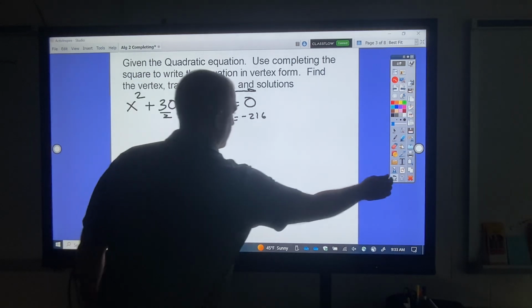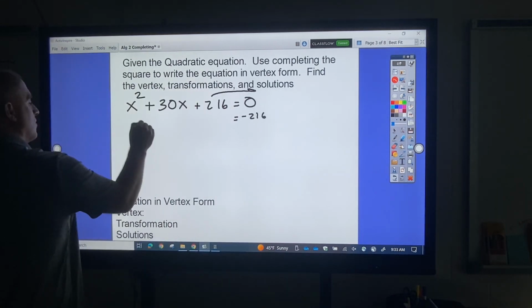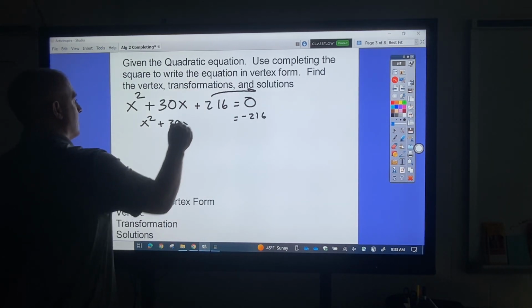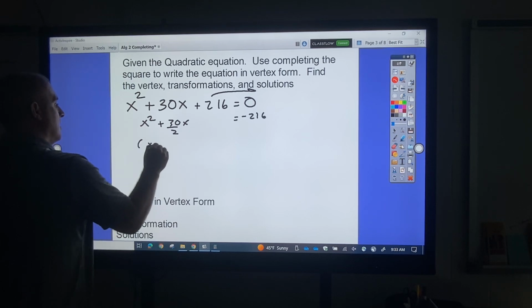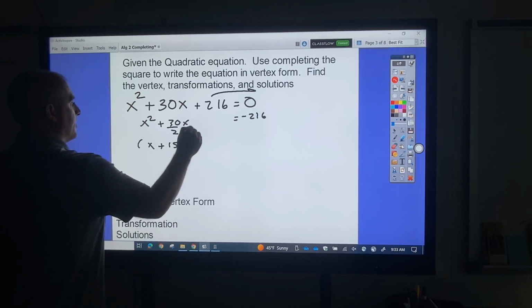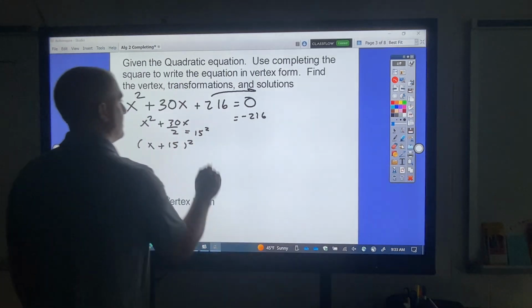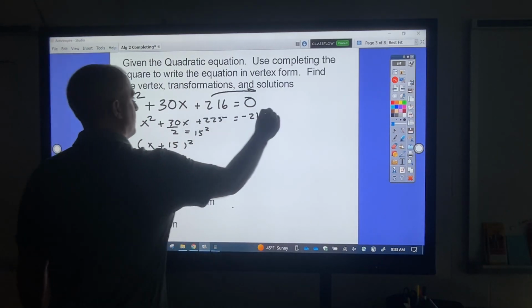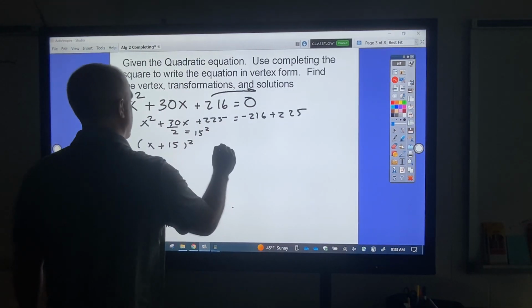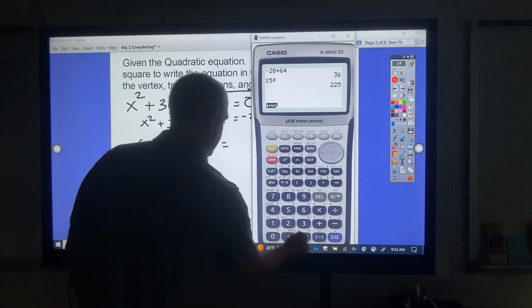Actually, you know what? I was doing great with my work before, so I'm just going to leave it like this. I'm going to do 30 divided by 2. I get 15. I'm going to square that 15. 15 squared is positive 225. Positive 225. So if I combine that, negative 216 plus 225